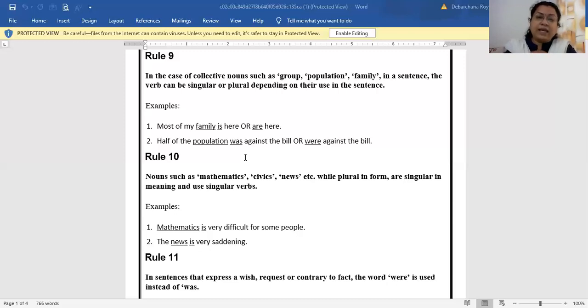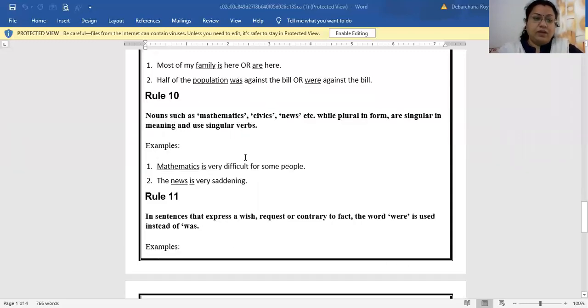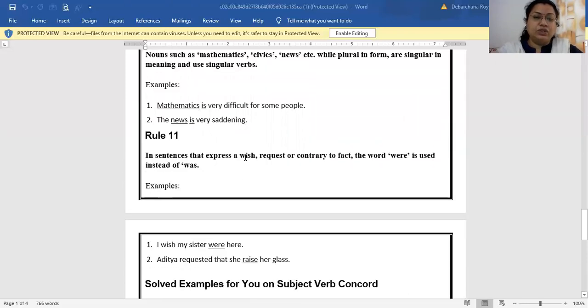So again and again I'm saying, I request my students of 10th class to make a proper flow chart so that you remember all the rules. It is going to be very easy for you. Rule number 11, this is the last rule, children, and in my next class, I will be making you all solve a new exercise. Rule number 11, last rule of today's class.